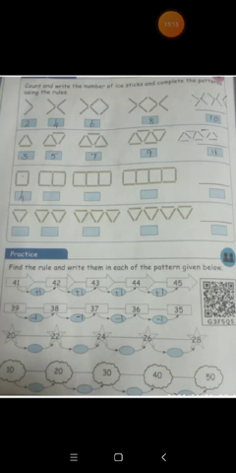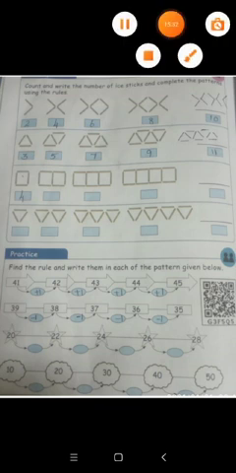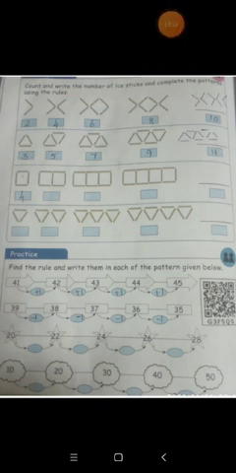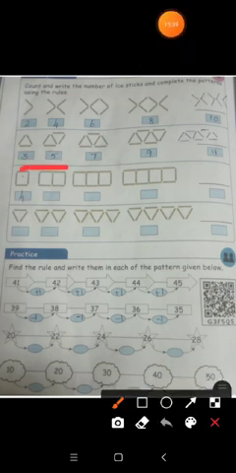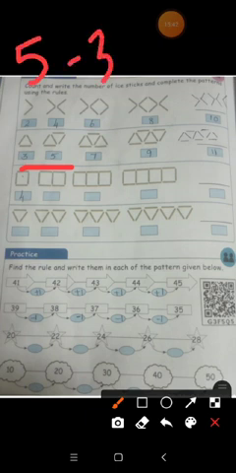Next, we have to complete the pattern. Here they are given the blank space. We want to complete that second pattern by using the ice sticks. For completing the pattern, first we want to know the difference between the first two numbers of ice sticks. Here 5 and 3 we have. So 5 minus 3 is 2.